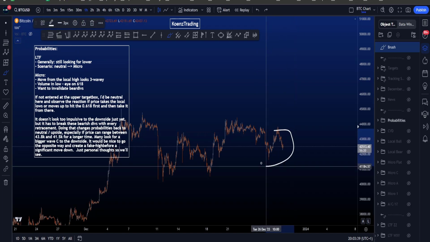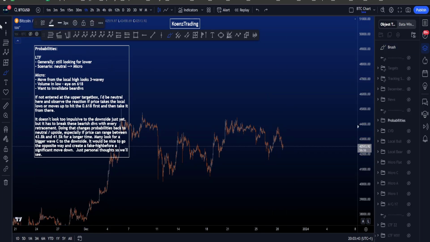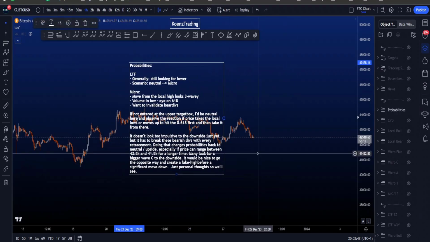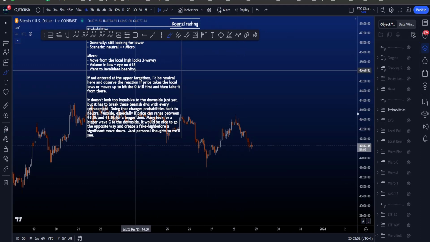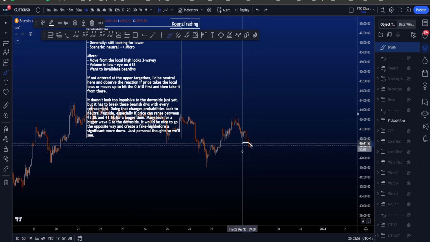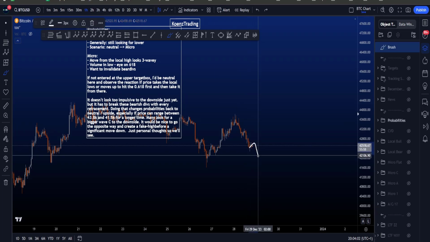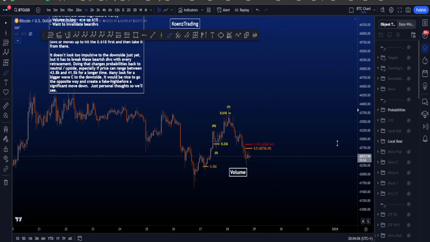On the micro, which means the very local price action here, we have a move from the local high that looks a little bit 3-wavy, as I've shown you over here. On the lower time frame, the beginning of this move to the downside looks a bit 3-wavy. Also, the volume towards the downside is currently inside the low. So for an impulse, we at least want to see another 4 and 5 before hitting potential 618s,